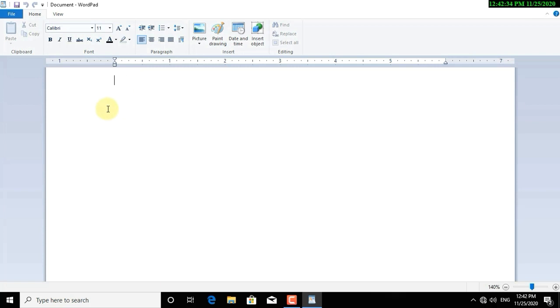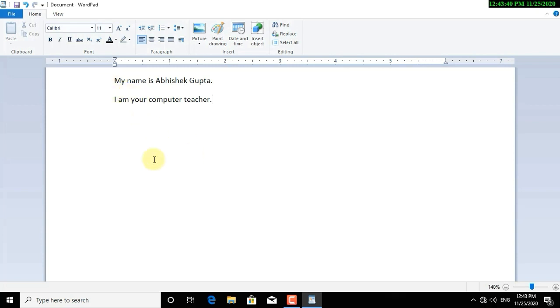So after creating a new document, you have to type something in that program. So you can type in the WordPad with the help of the keyboard. The typed characters appear on the screen starting from the place where the cursor is positioned. So to type in WordPad, take the cursor where you want to start typing. As I am typing my name, don't forget to give space between the words using spacebar while typing, and when you want to go to the next line, press the enter key and then type whatever you want to type in the next line. So in this way आप यहाँ पे जो भी चाहें वो टाइप कर सकते हैं, कितना भी बड़ा डॉक्यूमेंट बना सकते हैं.